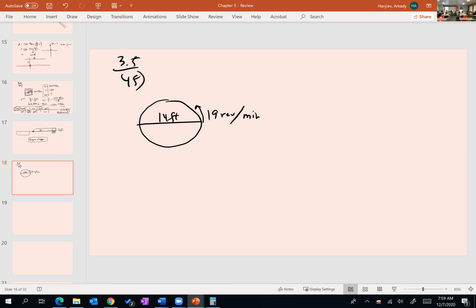So find the speed of the cable car in miles per hour by determining the linear velocity of the, okay, they gave it to us. That's kind of cool. So what do we have? I guess we have diameter here. Diameter is equal to 14. And we got this revolutions per minute. Okay. So then what we have to do from there,